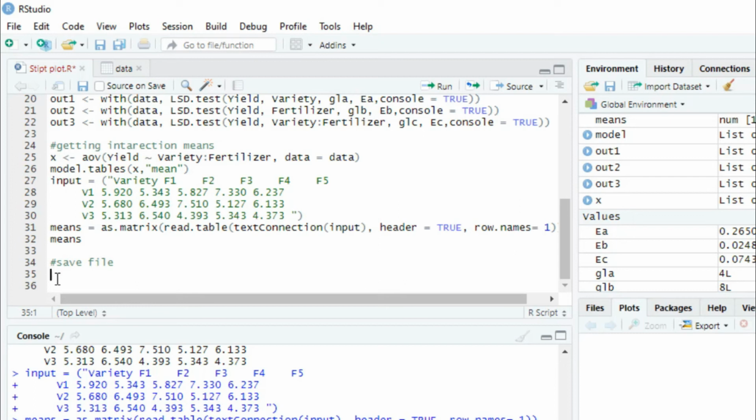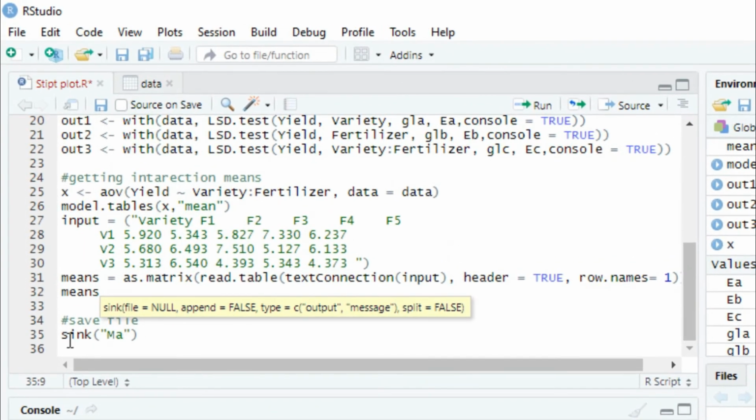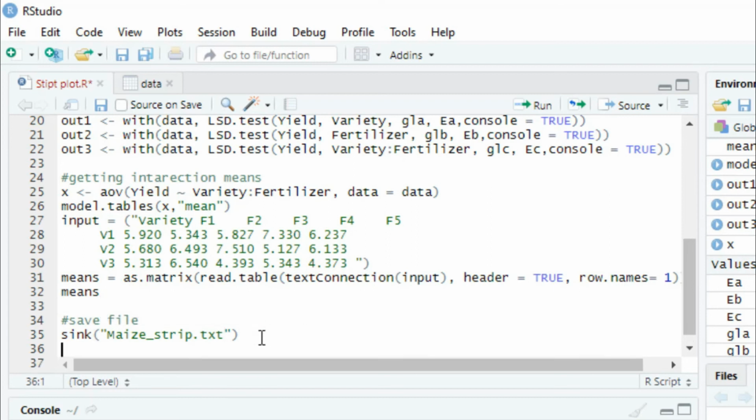Now we can save this file. First sync, in inverted commas our file name is maize strip. I want to save this as a text file, and I want to print our model.